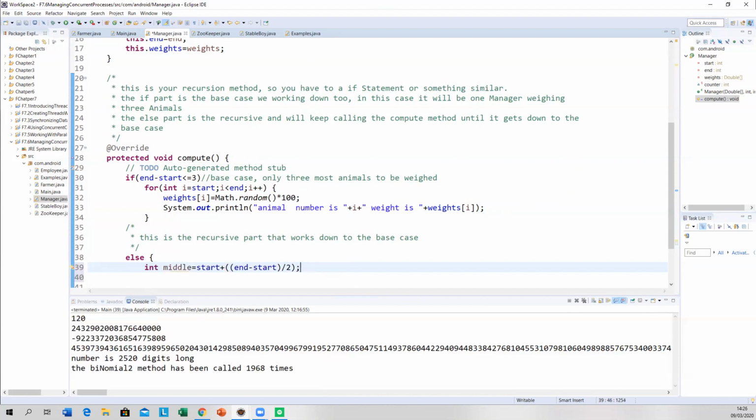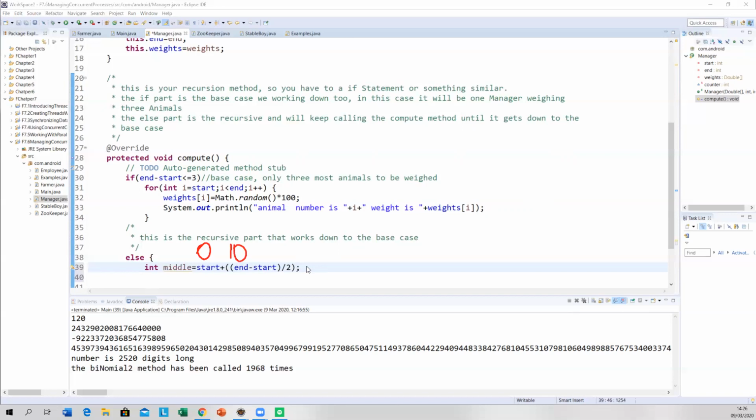Now, what's happening here? When this starts, start is at 0. This is the very start, the very first one. And the end is 10 basically.